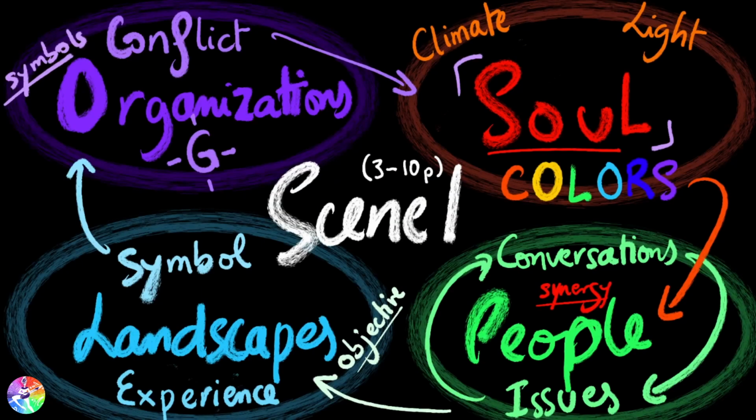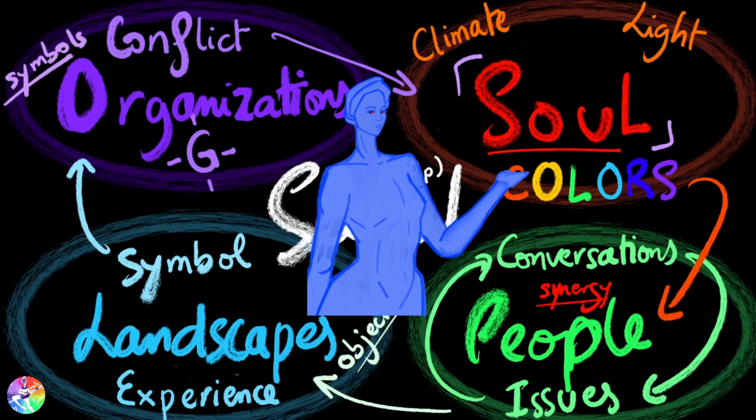Now, chapter 8 will follow our traditional 3-scene pattern. In scene 1, if you have to introduce a new location, start with the colors of this location. You don't need at this point to put too much emphasis on the climate or the effect of the light on animals, on plants, but colors are still a crucial element. So if you have to present a new environment or a part of a new environment, focus on the color part of the soul of this environment.